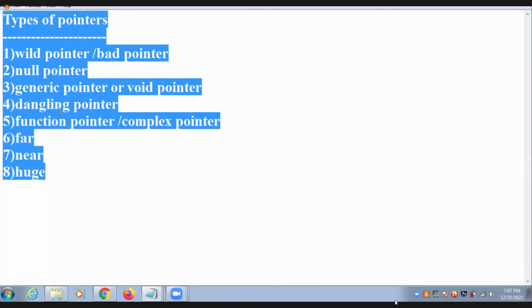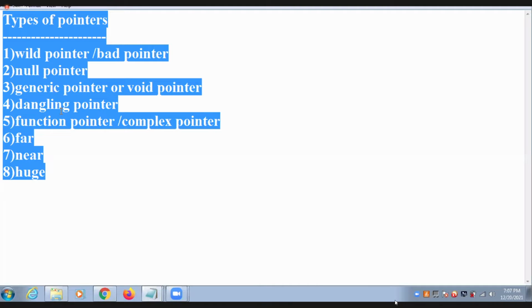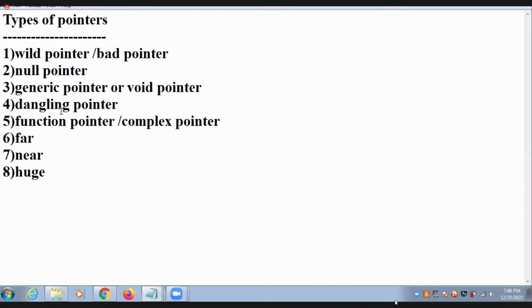Next topic is what, guys? Arrays. We discuss arrays today. What are the remaining topics we are going to discuss? Types of pointers, arrays, strings, functions, next structures, unions, synonyms.